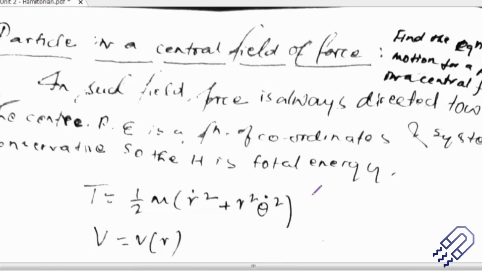So what happens in general when we are talking about a central potential or a central force field is that whenever there is a force, it is always directed towards the center. That means that force is actually dependent on the distance. For example, let's say you have two charges, and what is the force acting between these two charges? That can be an example of a central force because it depends on the inverse square of the